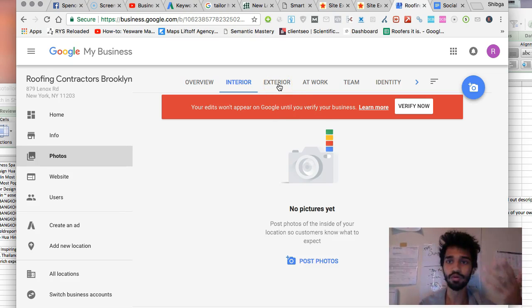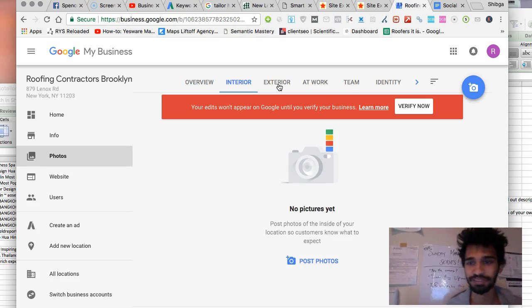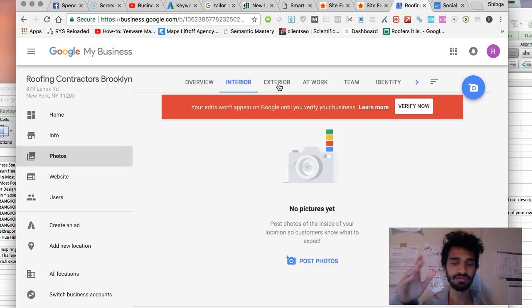If not, then go to Google, type in some interior photos for a fashion store, download them, or screenshot them so it doesn't show to Google when you upload them that they're copied from Google. Just screenshot them, change the tint of the picture, crop it a bit, add a few more things so it looks like a new picture. And then what you're going to do is use